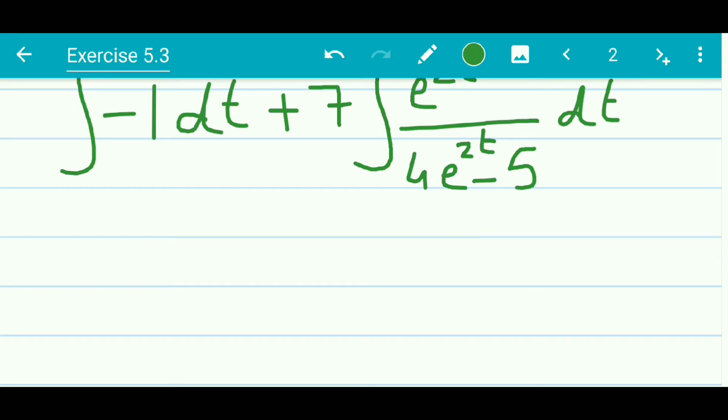The answer for the first term, if the minus sign comes outside, the integral of 1 becomes t, isn't it? So the answer here is t. The integral of 1 is x. Here in this case the variable is t, so the integral of 1 is t. So minus t we get here, okay, and then for the other term, we write it as it is.